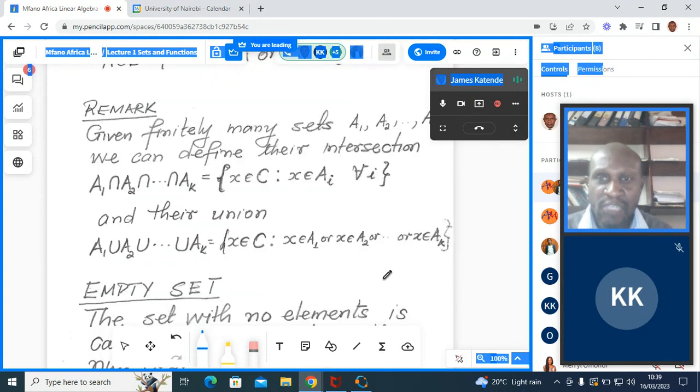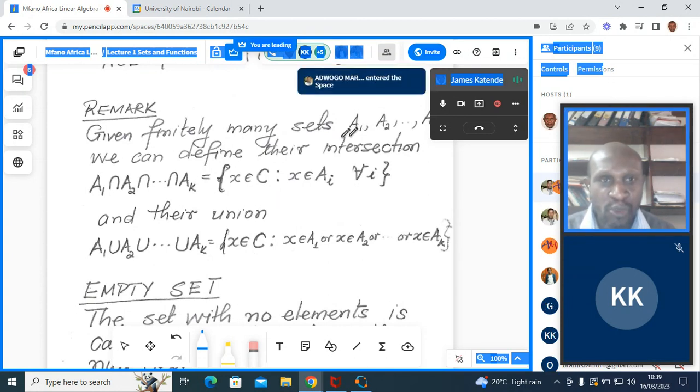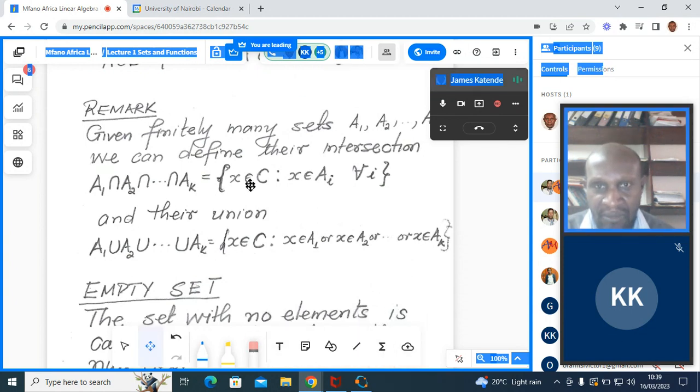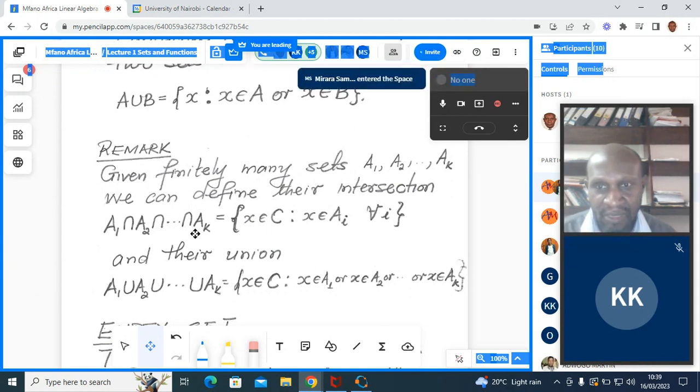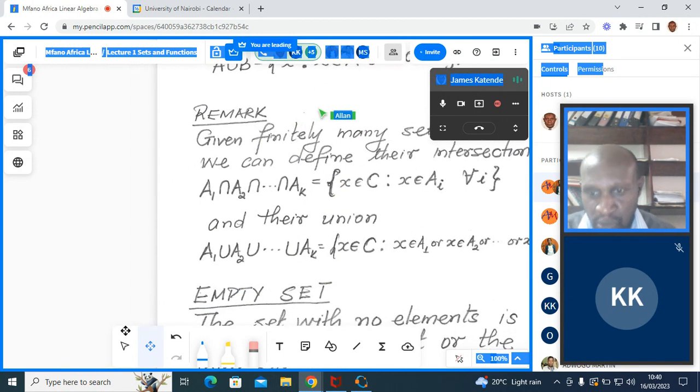So the ideas we have mentioned before, the union and the intersection, were restricted to two sets. It's possible to extend it to more sets, a finite number of sets. So suppose you have k sets, you can also define the intersection of the k sets. That is, if x, you will definitely have a universal set. Maybe I can try to